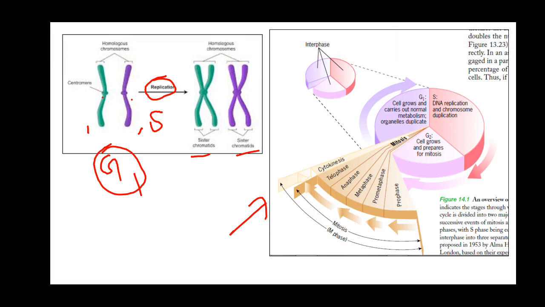And you have the fourth phase, which is called the M phase. It can either be mitosis in somatic cells or meiosis in germ cells. Germ cells are the cells which produce either the sperms or the eggs. So in those cells, M phase can be meiosis. In normal cells, the M phase will include mitosis. So M phase, whether it is mitosis or meiosis, encompasses two events: either mitosis or meiosis, plus cytokinesis.